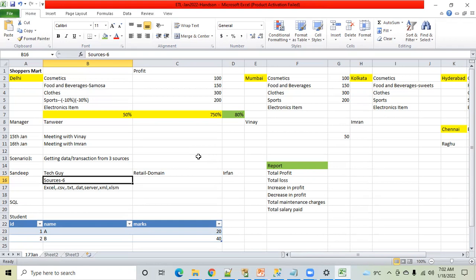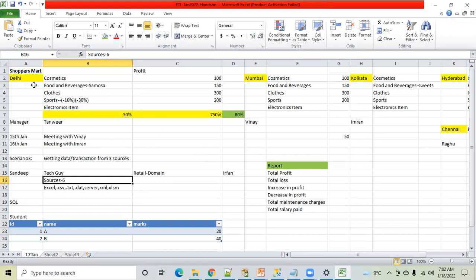Different MNCs publish their quarterly results, right? In the results they show how much profit they have made quarter over quarter, year over year. Why are they showing all these numbers? Because from these numbers they can understand how their business is performing, and accordingly they take business decisions. So this is the reason for any particular ETL project. This is one of the reasons, but we have some other reasons as well, which we will see down the line.